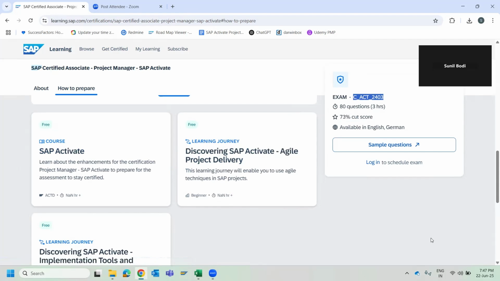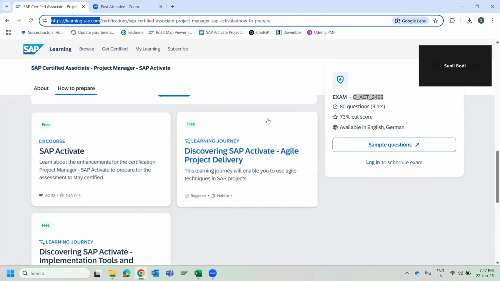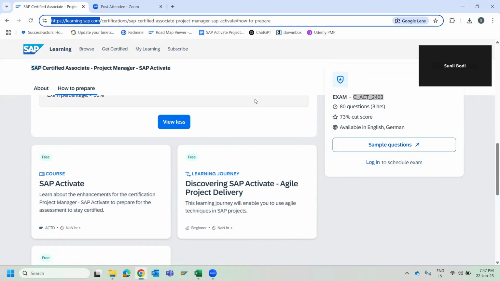It is subject to change as and when they release newer course content. So it is always recommended to log in to learning.sap.com and see the latest course requirements before you start studying this course. So I wish you all good luck.